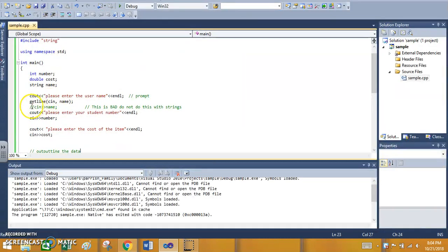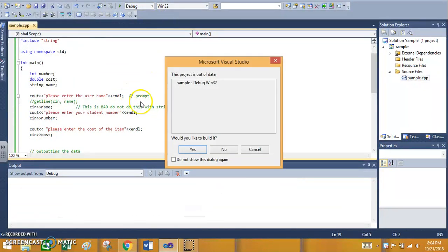So if I were to do a couple things here, I'm going to mess up twice. So I'm going to take out that prompt, and I'm going to take out the getLine, and put it back to a cin, and now I want you to see what happens. Actually, I'm going to leave this prompt in there because it's not really going to matter. So now when I debug it,